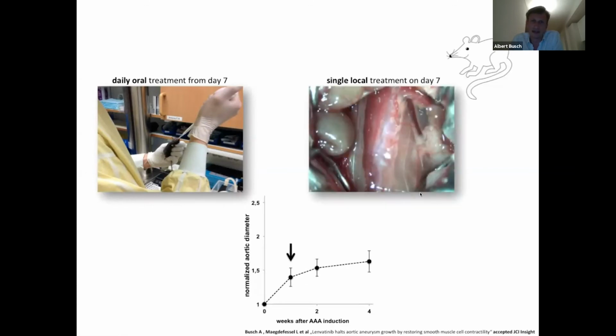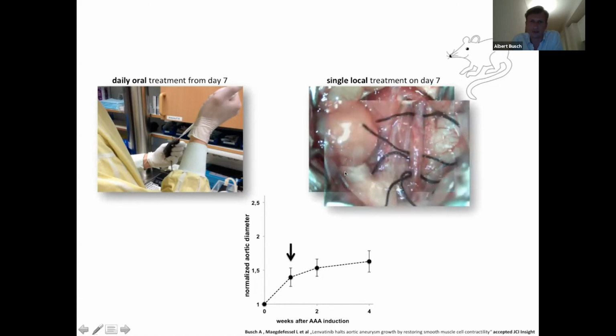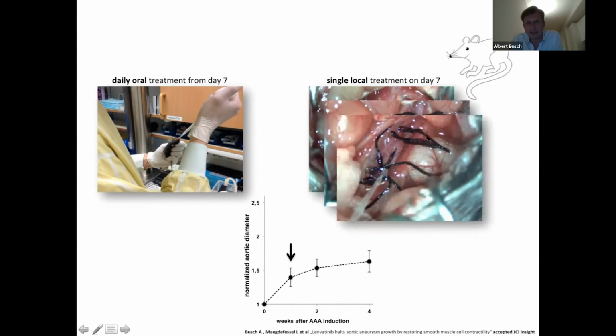We've then taken this also further and started to mimic some endovascular treatment on those mice. So performing a reoperation on day 7, introducing lenvatinib into the already established aneurysm, you can basically see the very same effect, so complete halt of this aneurysm growth. And now coming back to my initial point, so what we see here, we have an aneurysmatic lesion, we treat it, and we see some very nice regression of this aneurysmatic phenotype, and this is of course all based on